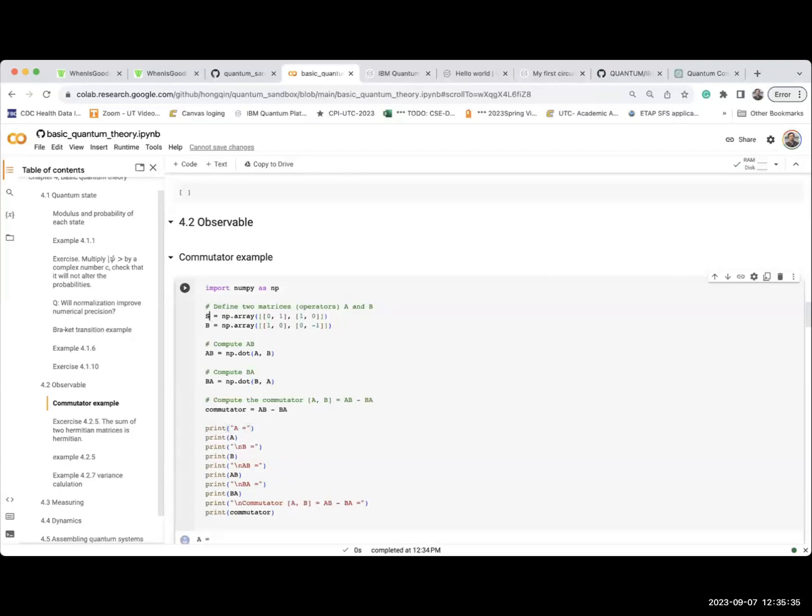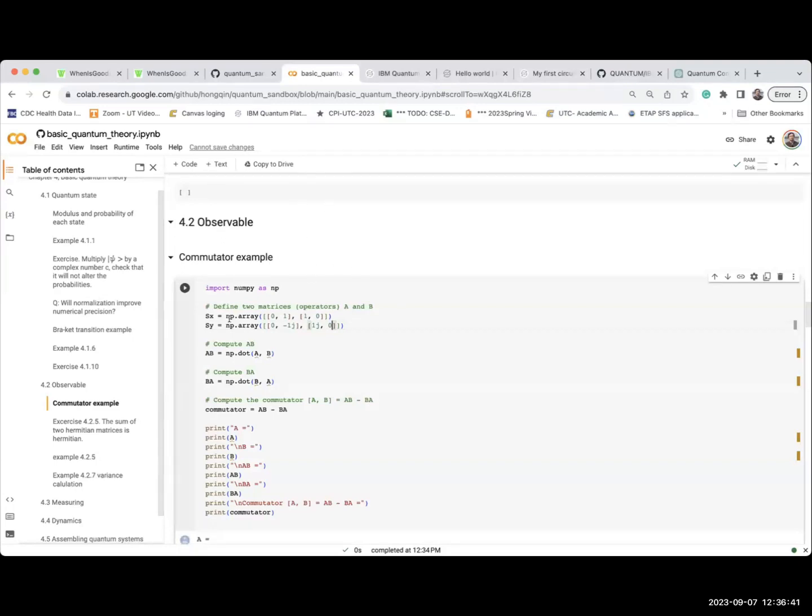Okay, so this is Sx. Sy is minus i. That's correct. Sz is 1. Oh, actually, Sz is wrong. Sz is minus 1. Oh, that's Sx. Sorry, this is